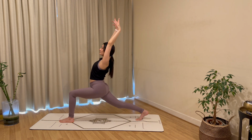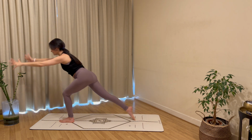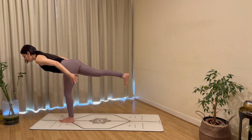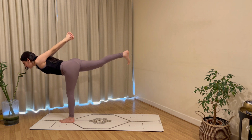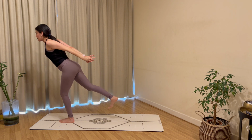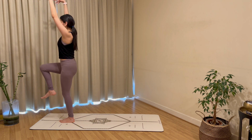We breathe in, we breathe out, open through the chest, reach the arms back, inhale. Exhale, step into your left foot, lift your right leg, send your arms back behind, holding in your warrior three. Interlace your fingers, reach the arms up a little bit higher if you can, carefully breathing in. Bend into your left knee, exhale, swing your right leg forwards, release the fingers, bring your arms up to the